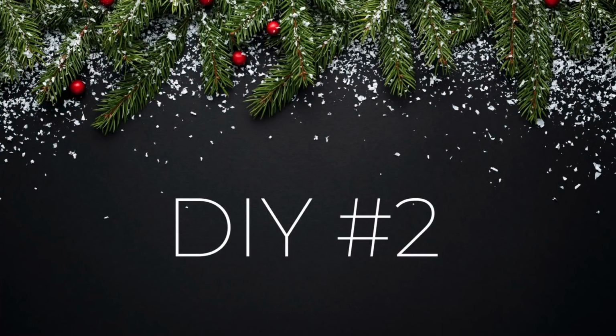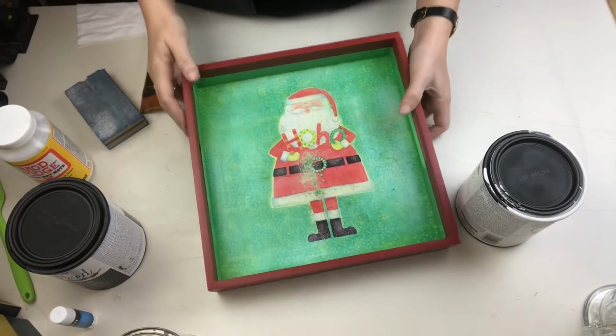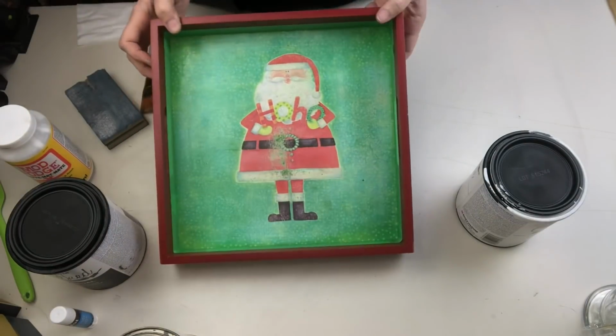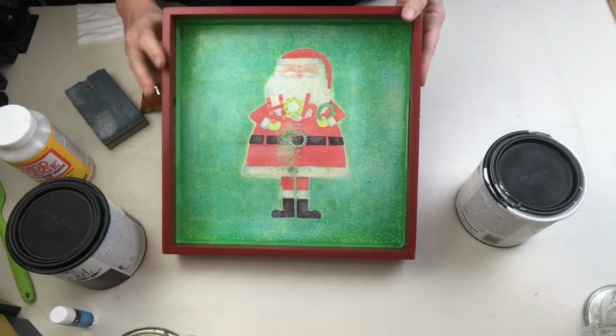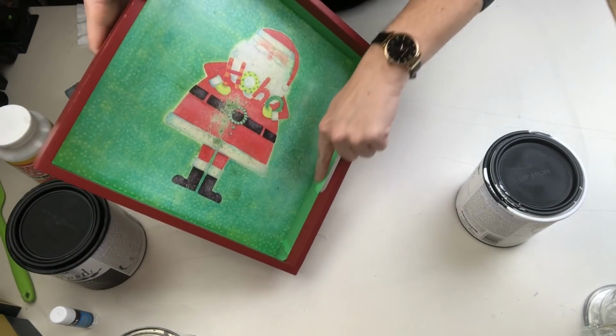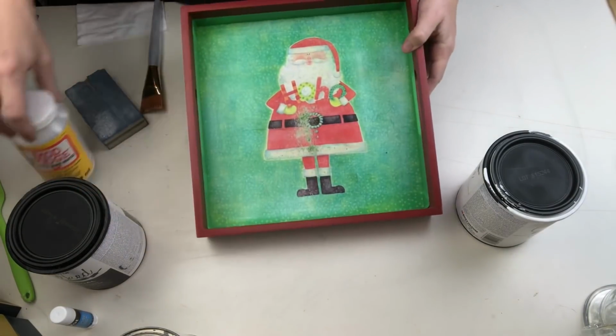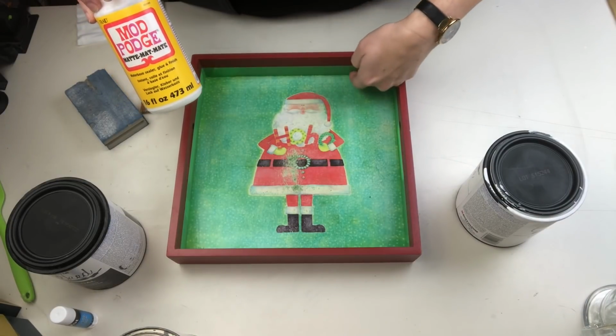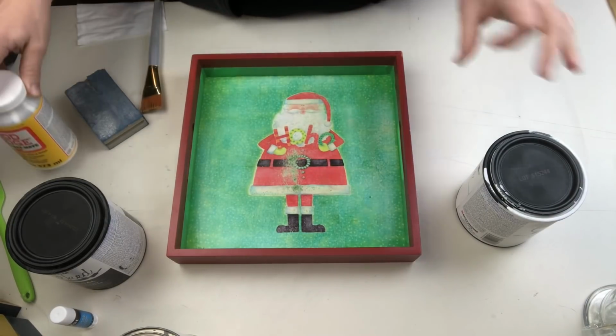For DIY number 2, we are going to be making, it could be a tray or it could be a sign. I picked this up at my ReStore, but I do recognize it as something that came from Dollarama, probably from a couple of years ago. Now, I have already taped off the inside because we are going to get rid of that jolly old elf right there. So I have sanded it, I have taped it off,